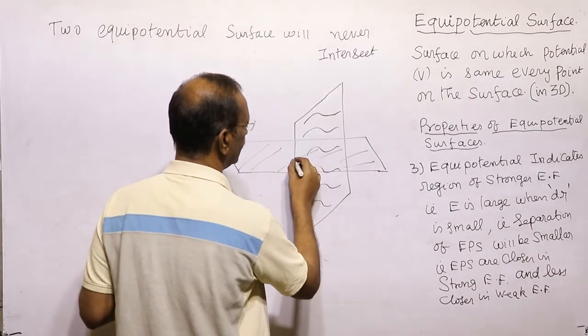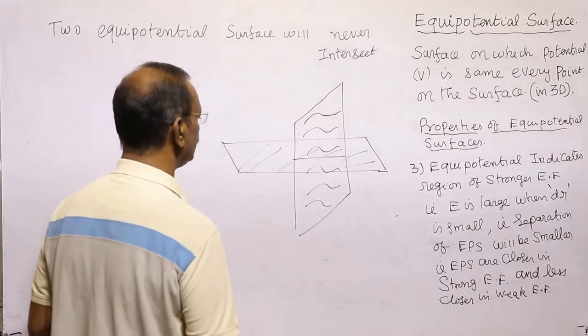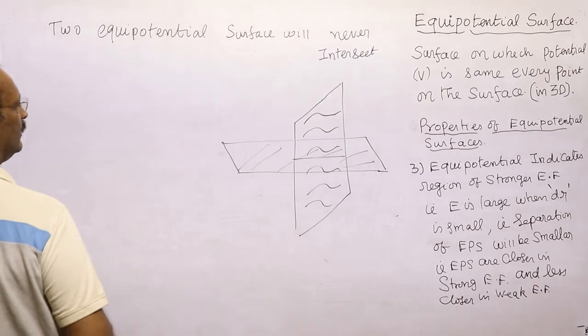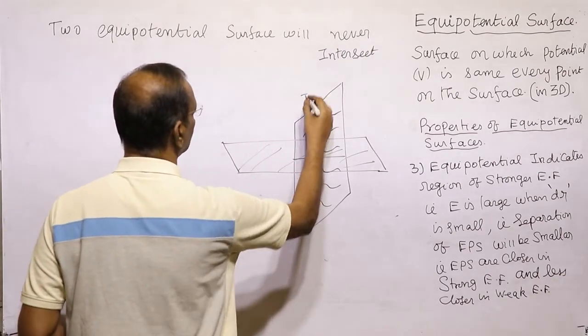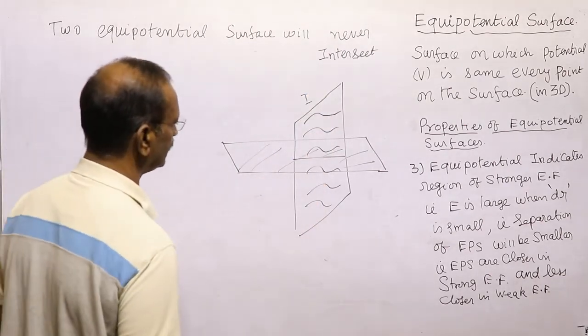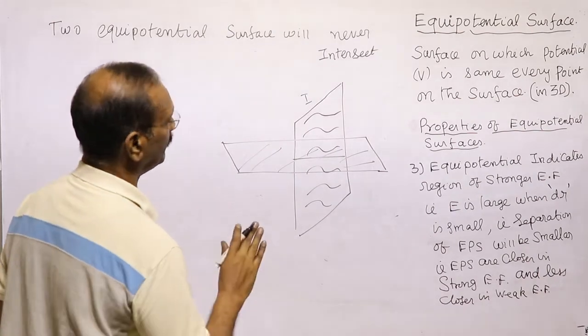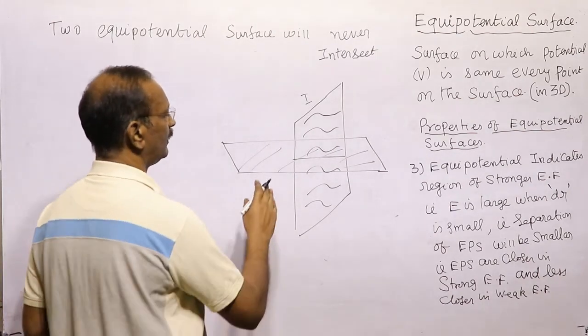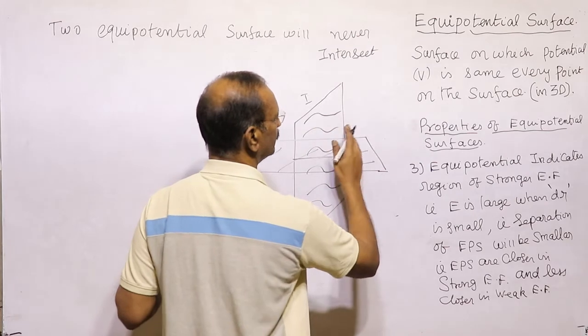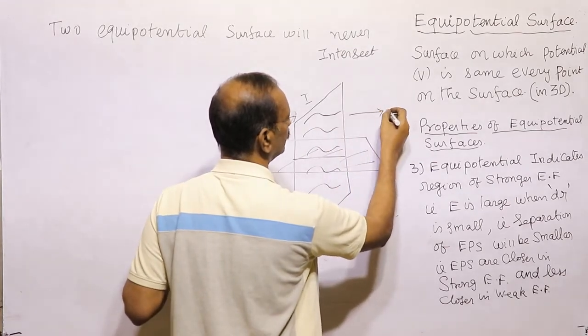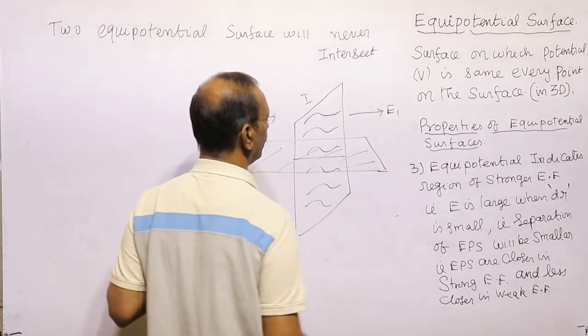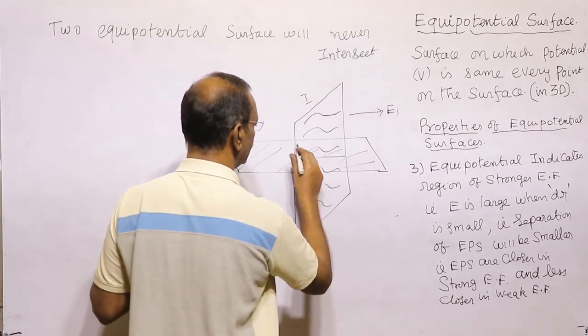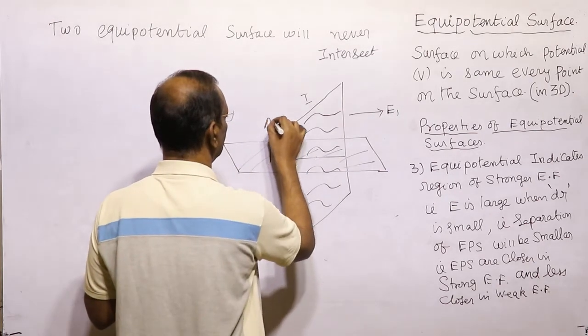If they are intersecting at this point, see, for equipotential surface 1, what is the direction of electric field? The direction of electric field will be perpendicular to the surface, in this direction. It means this is the electric field for 1, and for this surface it will be like this,